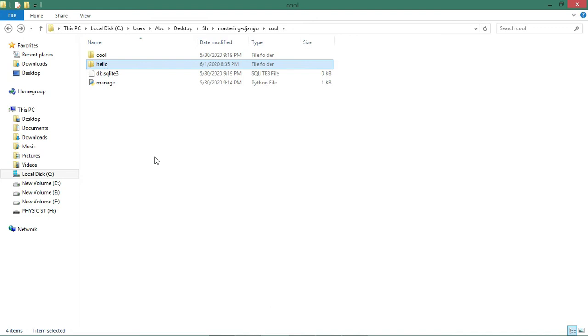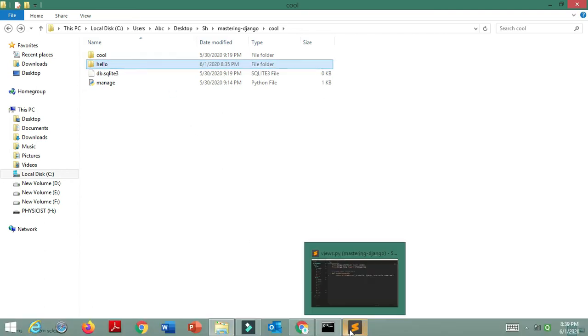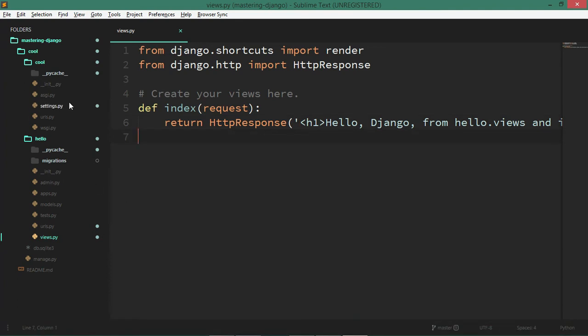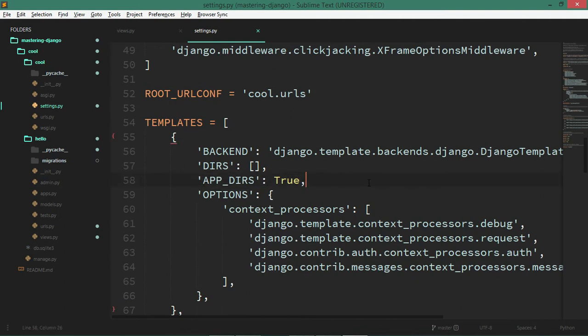And the reason why we do it is because each and every app has its own requirements of different HTML files. So you should be very easily able to switch between them, and you should really be namespacing the things, and that is the reason why we put everything inside our hello. I mean that the templates folder will be inside our hello. And how do you know that we are allowed to actually do that? There is this thing called app directories, which is actually set to true in our settings. So if I just come down, you will see templates, and you can see app directories. Therefore you can have the directories of templates inside my app, and it is set to true. If I just change it to false, you won't be able to do that.